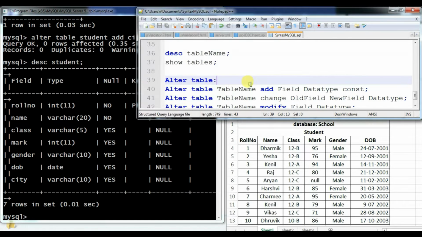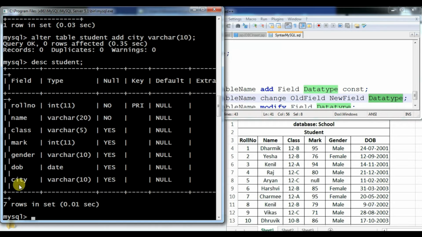Now see the second one: alter table name, change, old field, new field and data type. That is for when you want to change the name of a field. As we added one more field with the name city, suppose I want to change the name from city to state. You can use the change command.